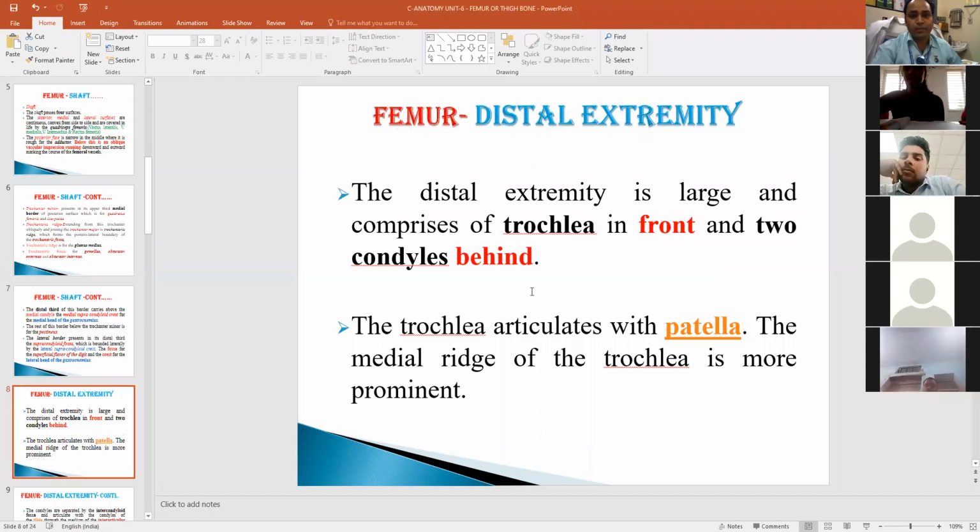Now the distal extremity is large and comprises the trochlea in front and two condyles behind. We have already discussed that the trochlea articulates with the patella, because the trochlea located on the front anterior part comes in contact with the patella and forms a joint. This joint is called